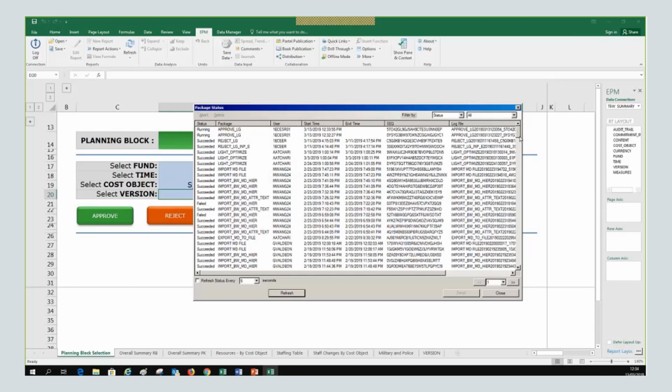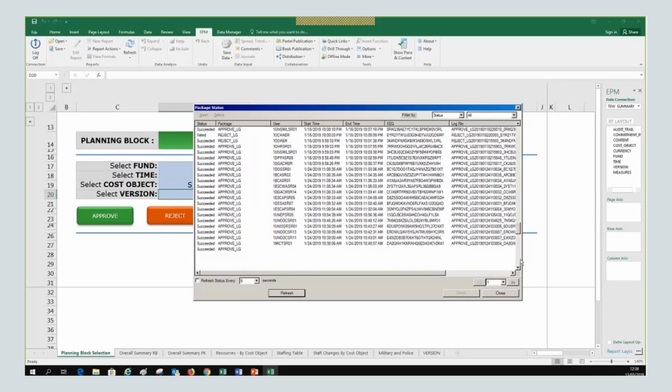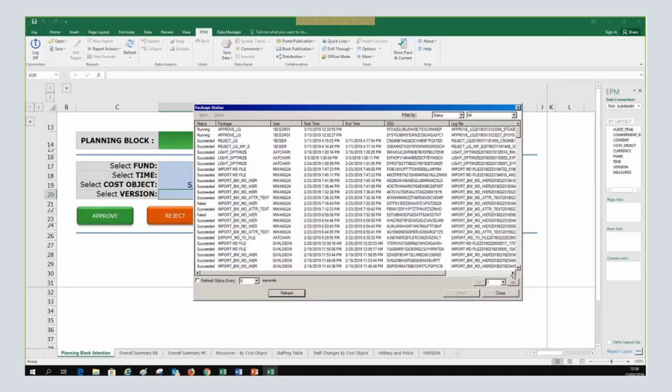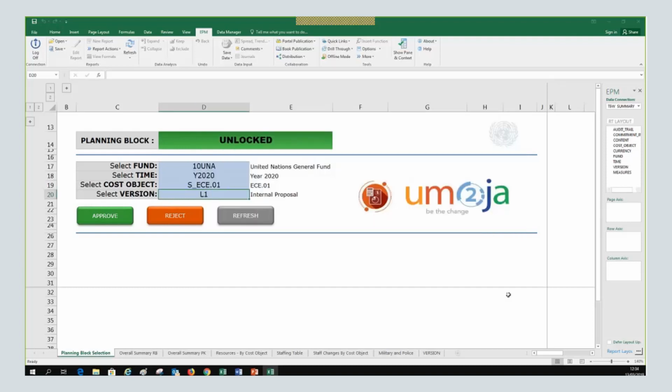This is only feedback from the system. And I click on close, and that's it. That is the approval process. Normally we get a message, and eventually the version L1 will be locked, and the version that will be available will be version L2.